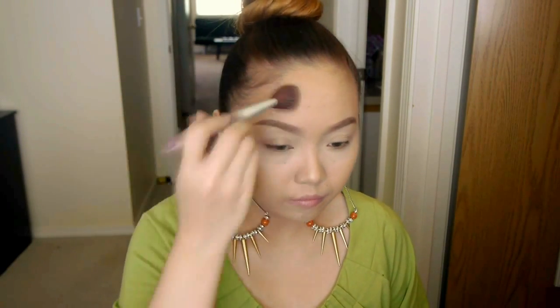And make sure that you include your hairline. You can either include this side of your face, or you can just skip it and just focus on this area. I do prefer to skip this one because it really helps highlight that area and it lifts your face up, as compared to including that and then it just looks like you have the highlight all the way here. So I prefer to bring the highlight all the way here and just focus the contouring on the upper part